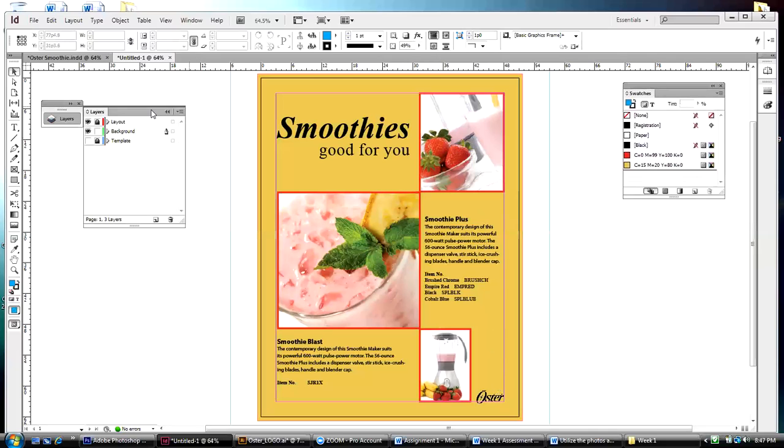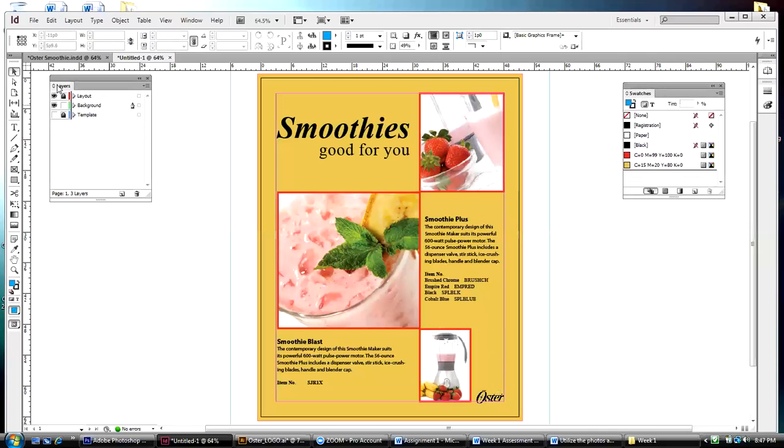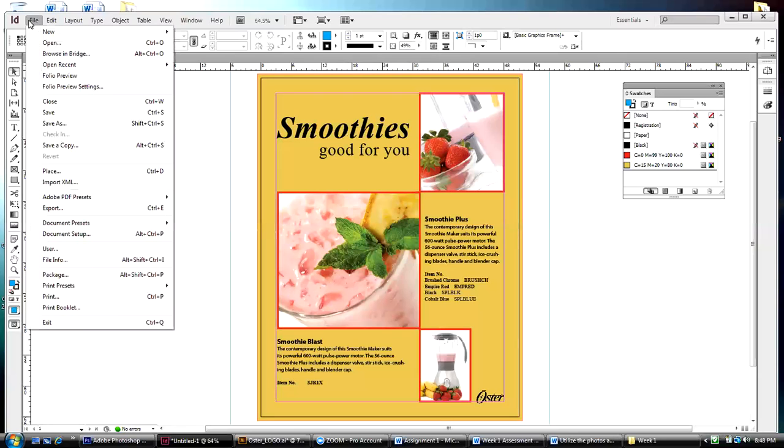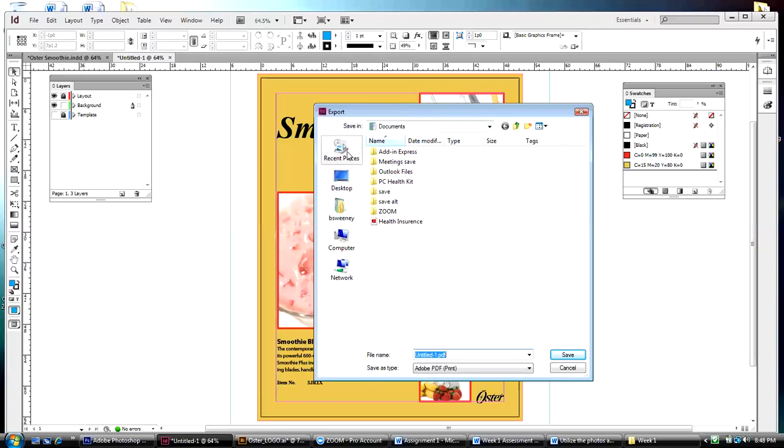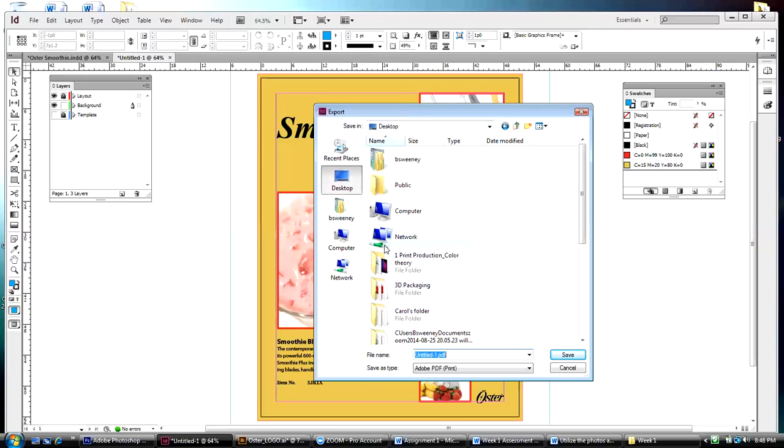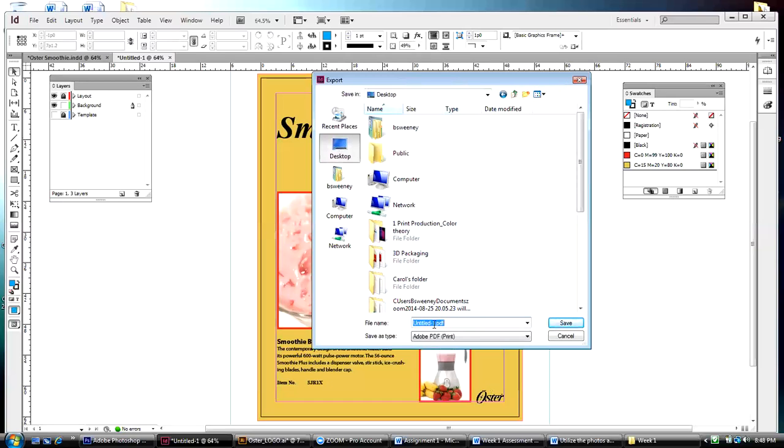But what I'm going to do is show you how to go about sending this to me as an Adobe PDF. All right? File, and I'm going to go export. So it's File, Export. You got it? Click. And I'm going to save this on my desktop. And see right at the bottom here, I am going to change, I'm going to call this Oster Sheet,